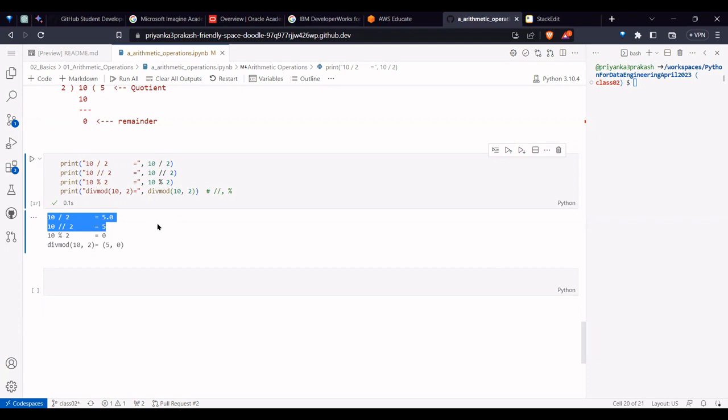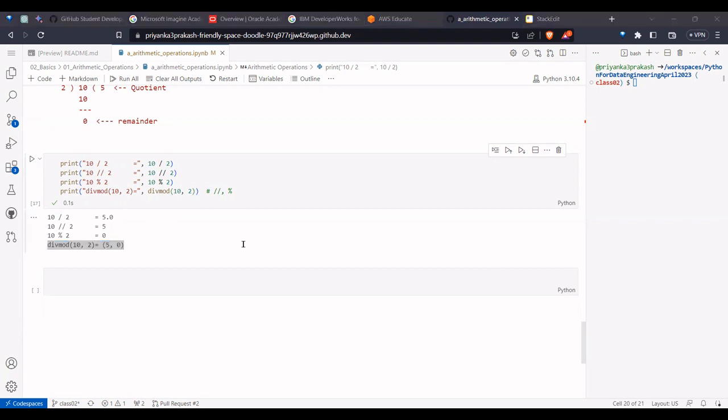This is simple math. And the remainder is 0 in this case. And divmod, if you give, it will give both the results together. In the same fashion, as we know,